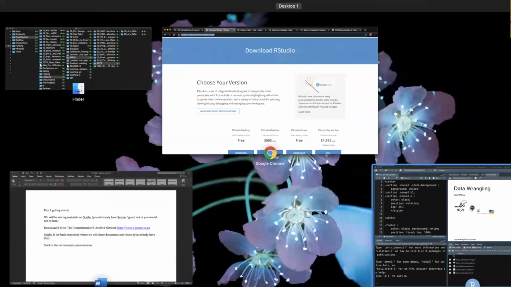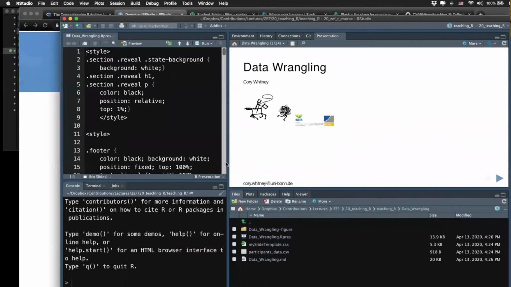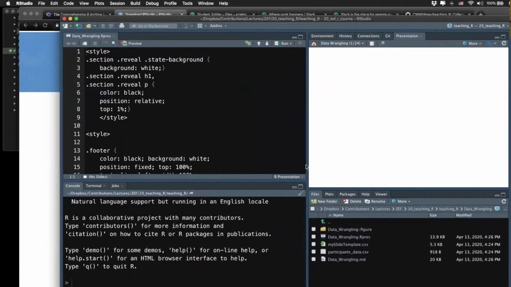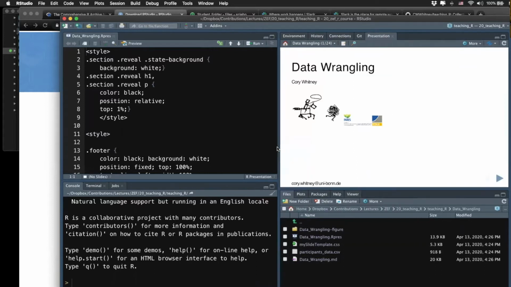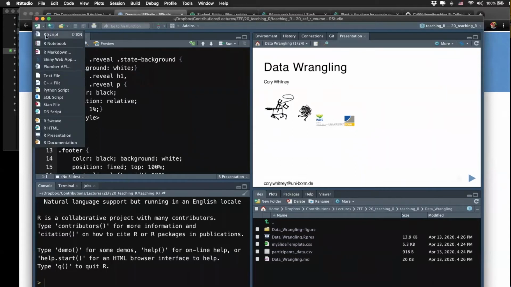Let me see if I can open something for you. I'm opening now the lecture slides for this course. That's data wrangling, something I'm not going to talk about now, but you'll see it in the future. What you've got in your RStudio interface is these sort of four panels. Okay? The four panels, so let's start here on the upper left. This is where we'll mainly be working